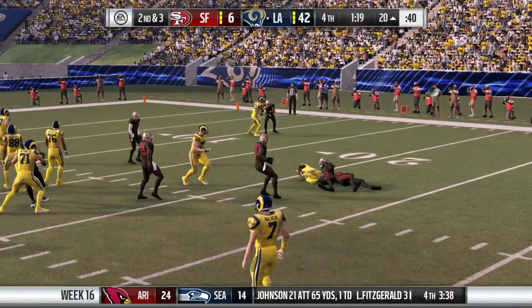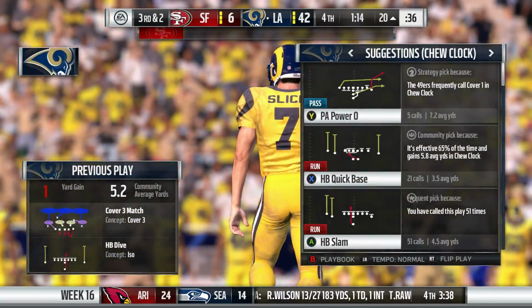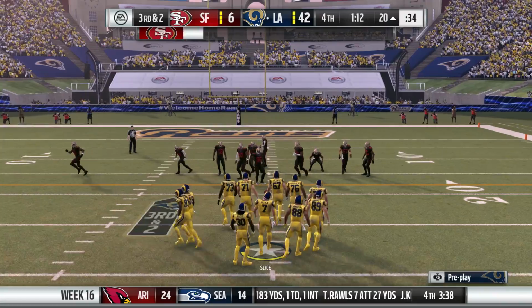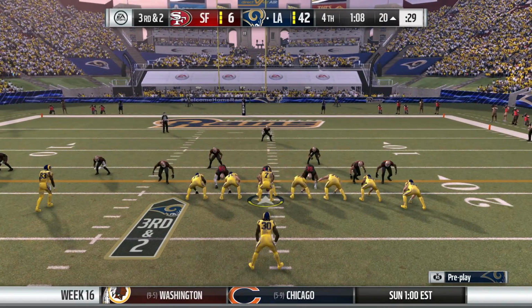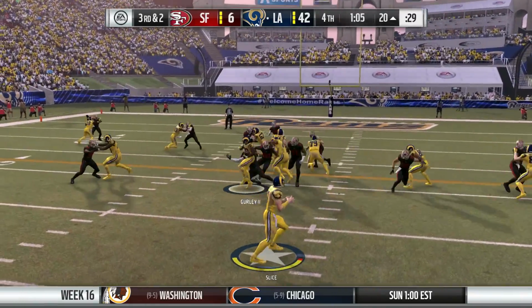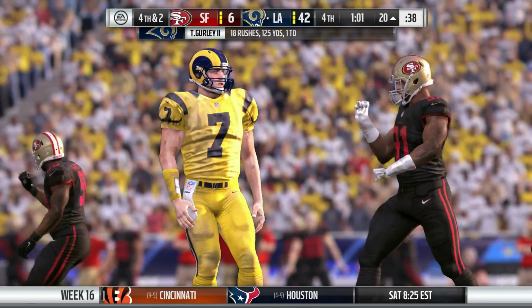Now Mason, and this carry not as productive. He's swallowed up at the line of scrimmage. Tackle made by Antoine Bethea. Well, I think we know by now that every run is not going to be broken and get all the way to the end zone. But these short ones still have their value. You can still set up your play action and throw the football. You control the clock because they...